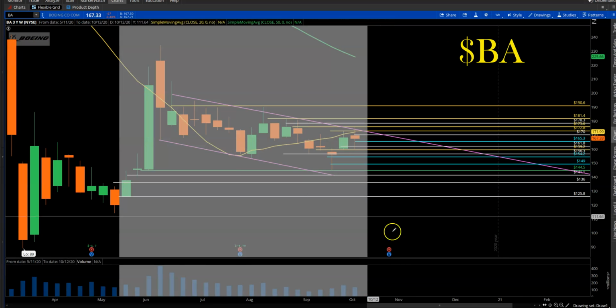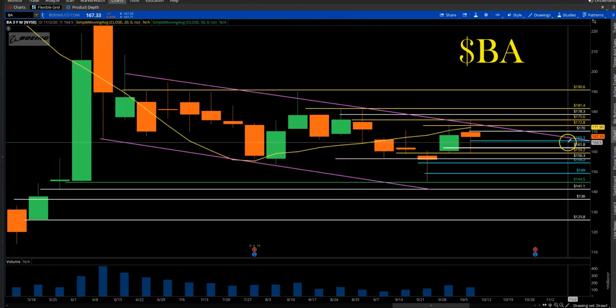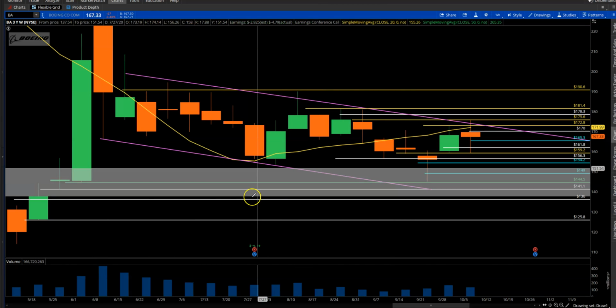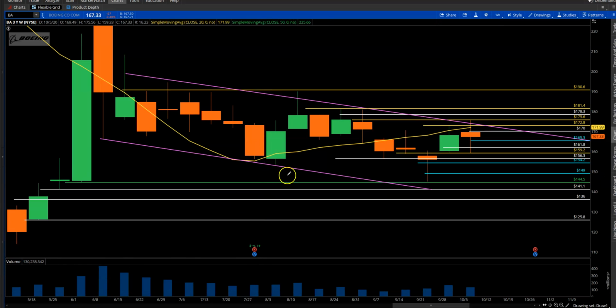Here is a chart of Boeing in the weekly time frame. Again, very well contained sideways overall weekly price action. It does not break down every time it tries to do that. Like, oops, it tried to break down. God, give me that tool. So it tried to break down here back in the August or July time frame. It did not, right? It tried to break down here, got bought. So last week,